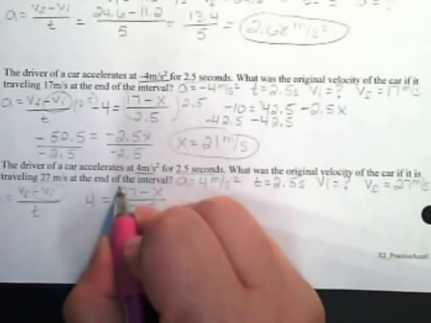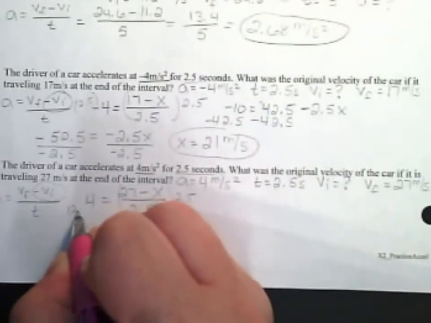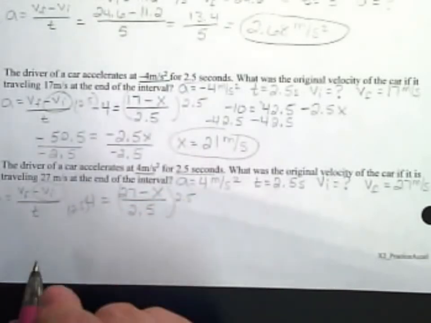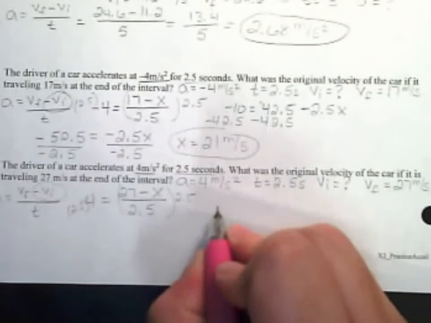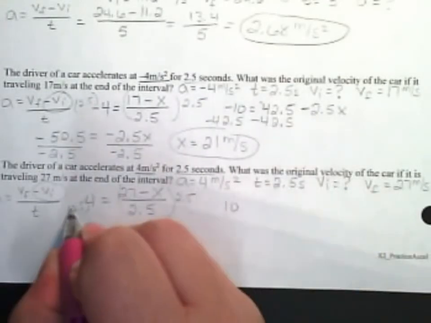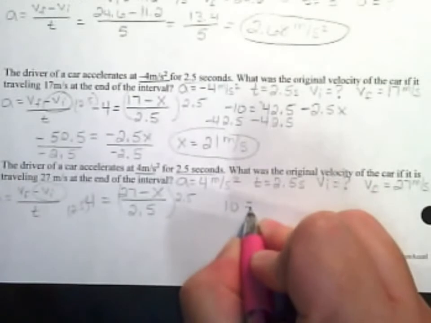Same time. So again, we're going to multiply both sides by 2.5. This time we have a positive 10 because we are multiplying a positive and a positive, equals